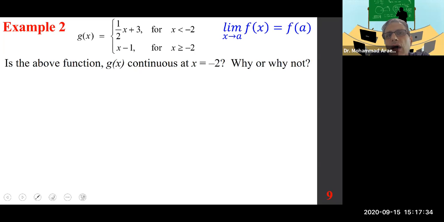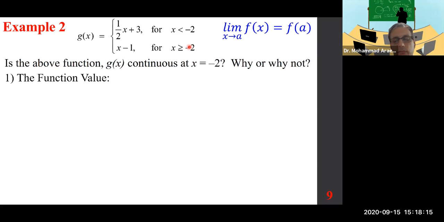First of all, class, if you have a case such as this one, known as a piecewise defined function, you look at each piece. The top piece is a linear function, and so is the bottom piece. This one, y equals 1/2 x plus 3. This one, y equals x minus 1. A linear function is continuous from negative to positive infinity, so all is fine. You have to look at the endpoint, namely -2. So to see what's going on, we're going to look at the function and its limit from the left of -2, from the right of -2, and the functional value at -2. So let's